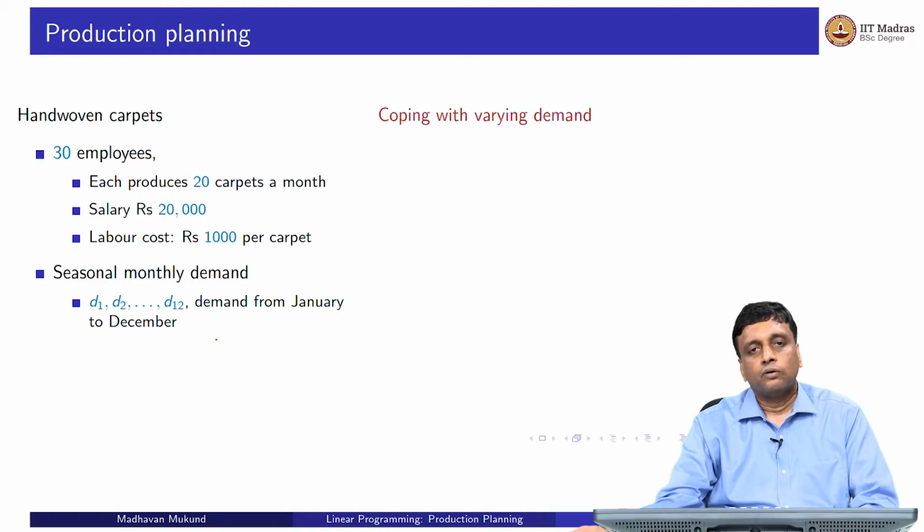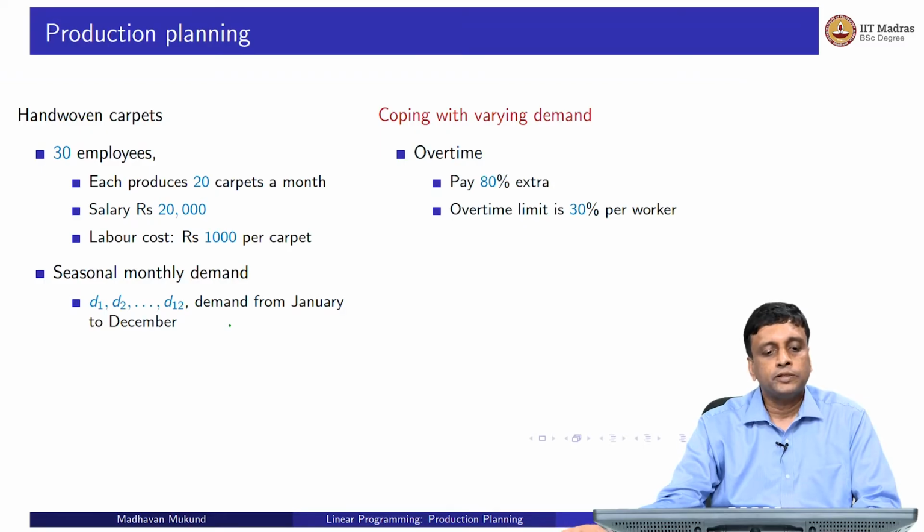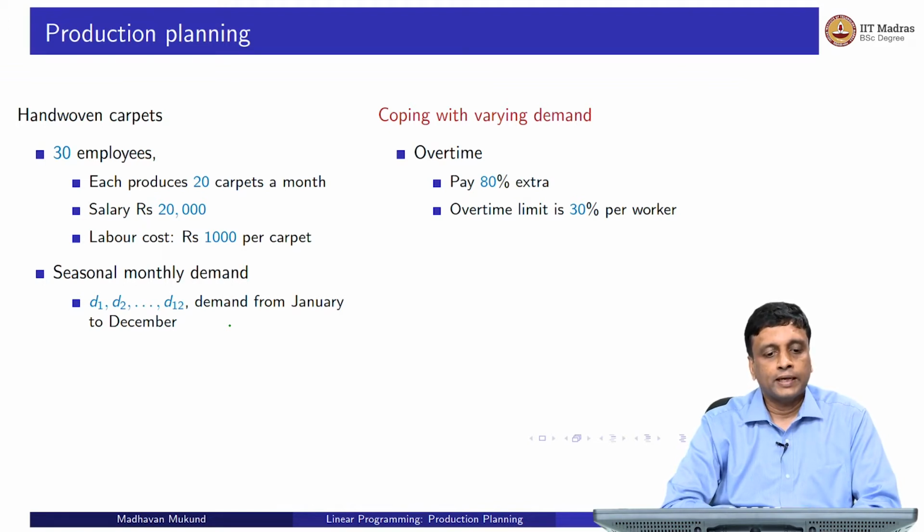So, we have to cope with this varying demand. As a business, what is the option that is available to us? Well, one option is to ask these employees to work more. Then of course, for overtime, the cost goes up. They are paid 20,000 rupees for making carpets and they make 20 carpets a month. So this works out to 1,000 rupees per carpet, but if they work overtime, you have to pay them more,